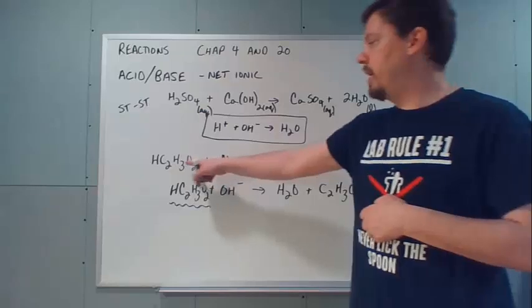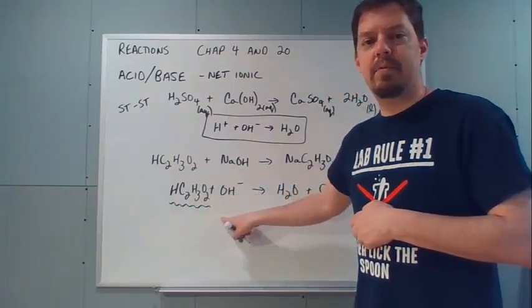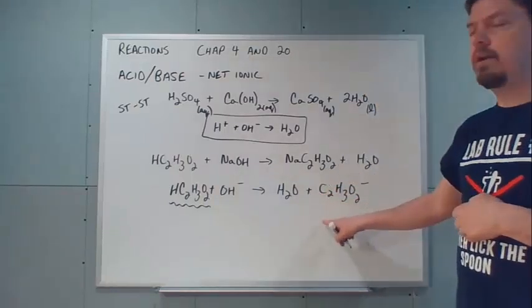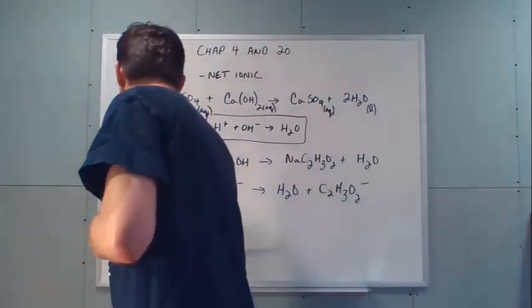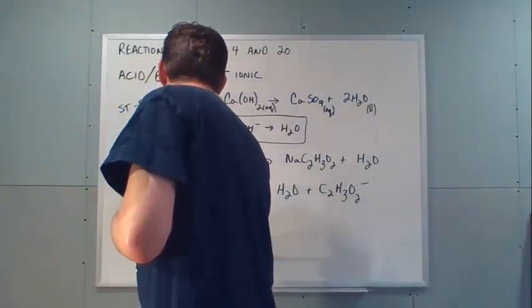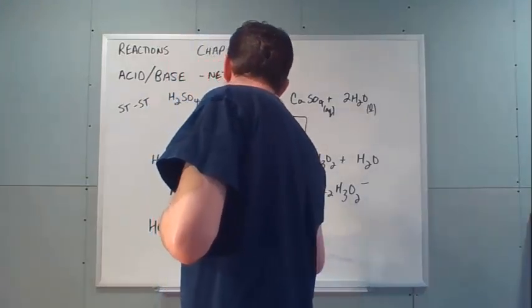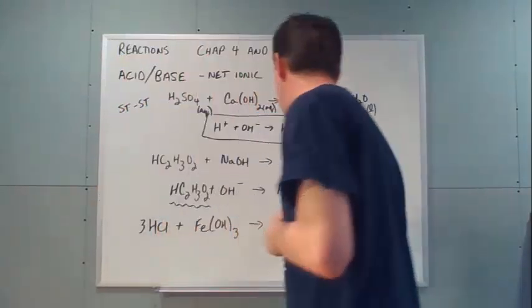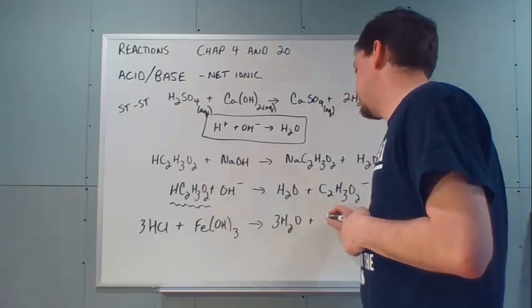If it was a strong acid with a weak base, you'd have the H plus by itself, and then whatever your weak base is would have to be written together over here, and your cation would have to be written over there. So an example of that would be like HCl plus FeOH2 or 3, doesn't make a difference. That's going to give us 3 water molecules plus